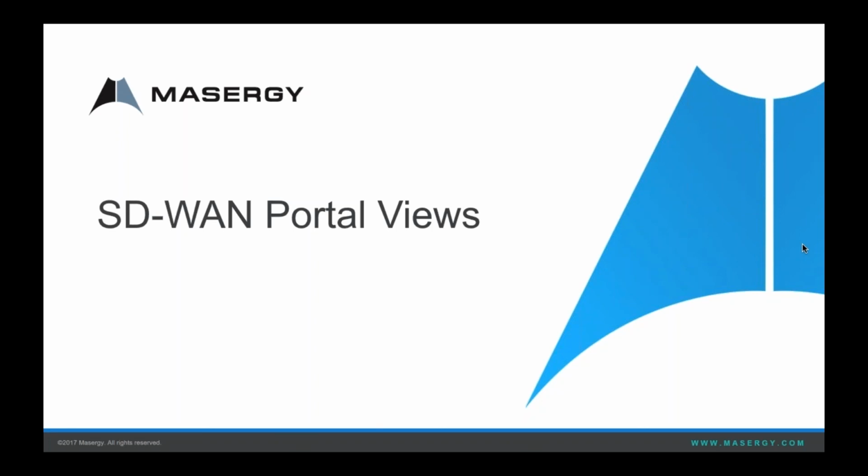Internet can be bring your own bandwidth, or it can be provided by Masergy. So if it's already there, I fully recommend the customer using that internet circuit as the second circuit for the SD-WAN. Again, Masergy can deliver either an MPLS circuit, or we can utilize a second internet circuit. From a security perspective, if we're addressing security,